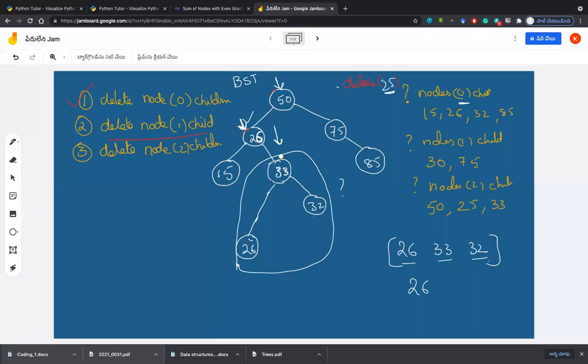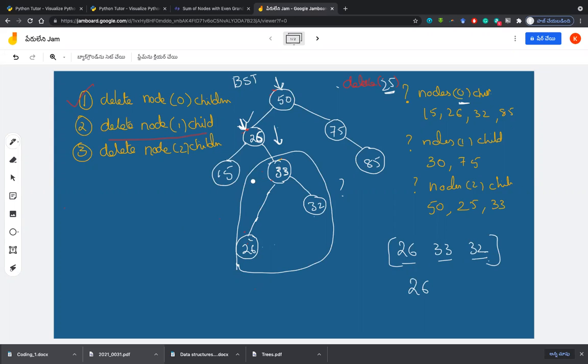In this case, I am not violating anything because 15 is less than 26 and 33, 32 are all greater than 26. Now, after finding out the minimum among the right side subtree, I am replacing the value of the root with the minimum value, that is 26.